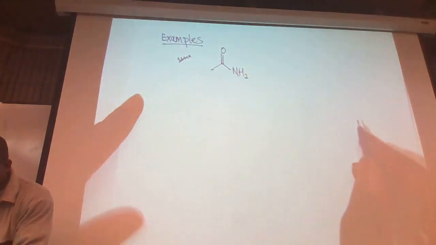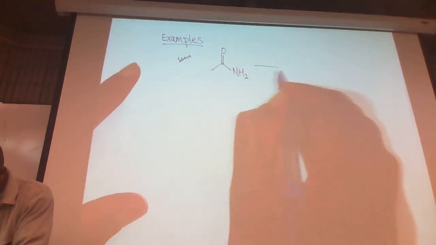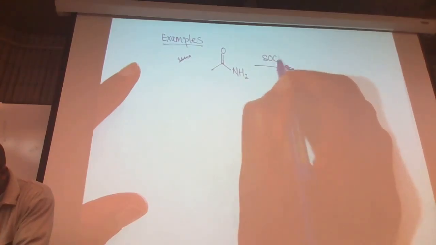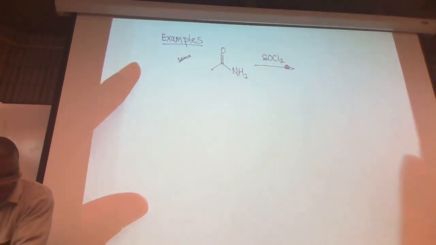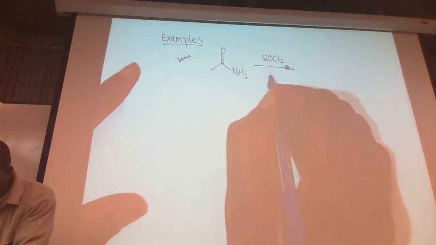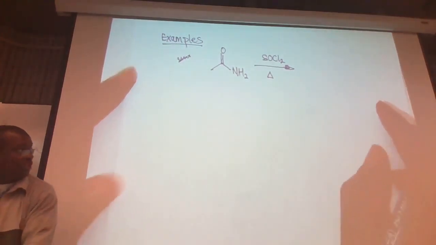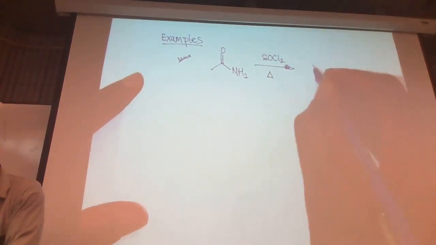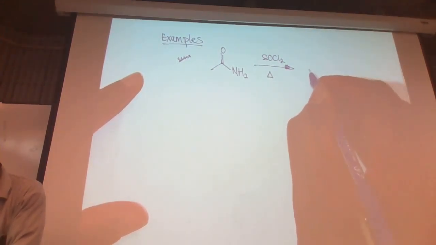Let's say you have acetamide and you treat it with tin chloride. The benzene that you have there is a solvent, so it has to be done in a certain solvent, and then heat. So sometimes they will just put this sign as heat. That will give you